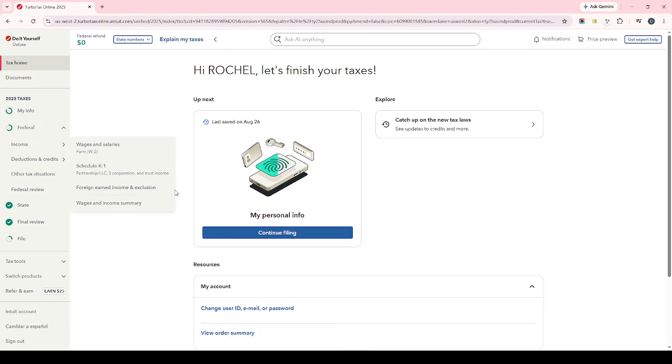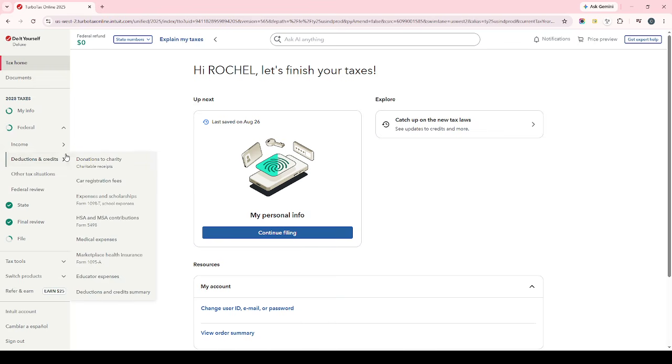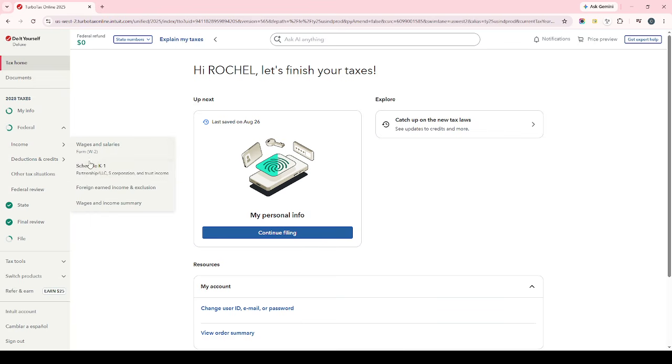These forms typically include details related to investment sales, dividends, and other taxable activity connected to your Acorns account. Give the import a moment to finish and review the imported information once it appears. It's always a good idea to confirm that the forms shown match what you expect before continuing with the rest